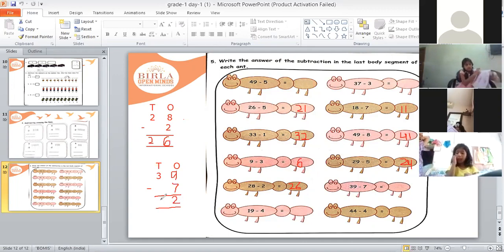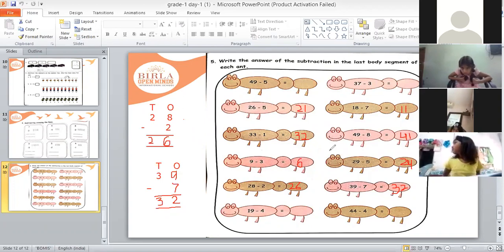Very good. Now what is the number in tens place? 3. So what we'll write in tens place now? 3. So answer is? Read properly, Ananya. 32. Very good. So answer is 32. Now it's correct, Ananya. Yes, children. So in the similar way, you can do subtraction by using your fingers, right? Now next one.